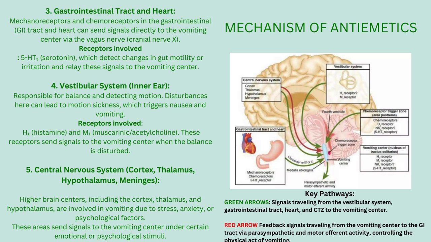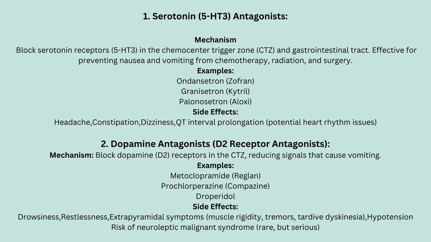4. Vestibular system, inner ear, responsible for balance and detecting motion. Receptors involved: H1 and M1. These receptors send signals to the vomiting center when the balance is disturbed. 5. Central nervous system. Higher brain centers, including the cortex, thalamus, and hypothalamus, are involved in vomiting due to stress, anxiety, or other factors. Classes of antiemetics are: